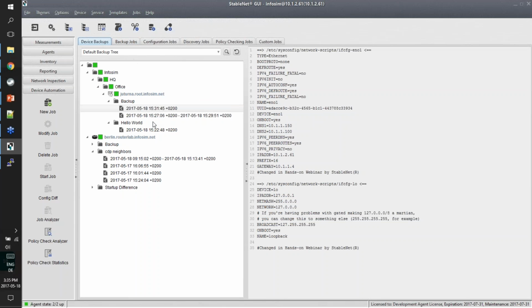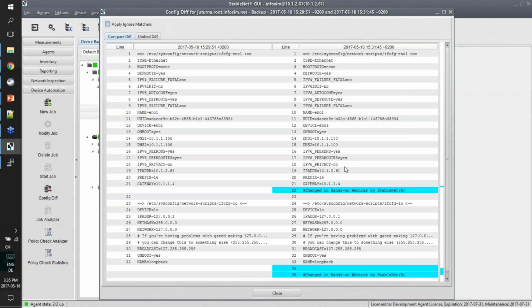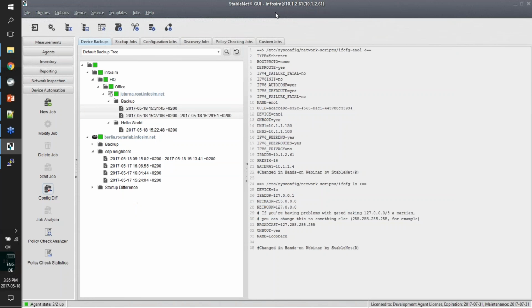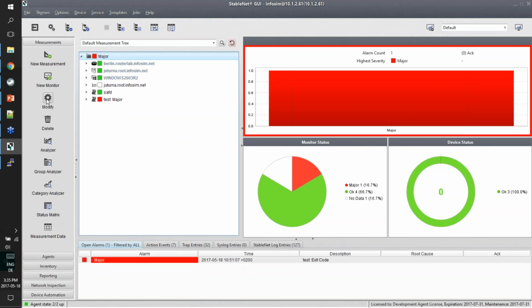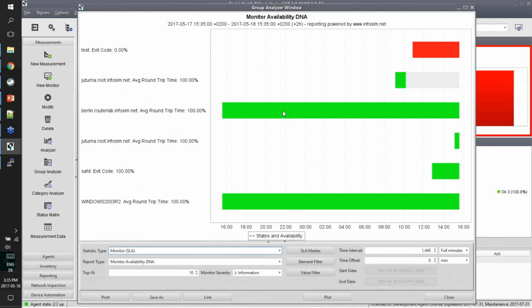getting the software into here allows you to also diff the installed software, for example. So you can see if there was a software change going on, you can run reports on which software is installed and so on. So it might be a good idea to have it in here. The main task that we have to achieve is getting the software into a device backup. So what we will do now is we will take a look at the group analyzer and